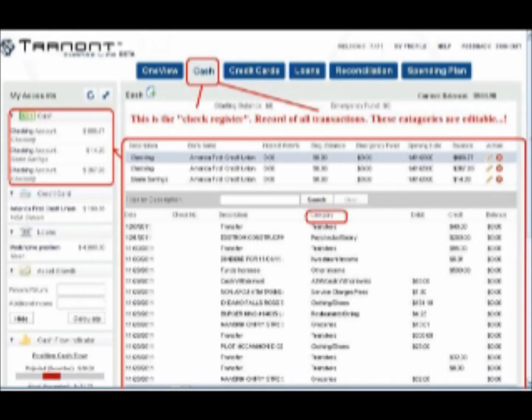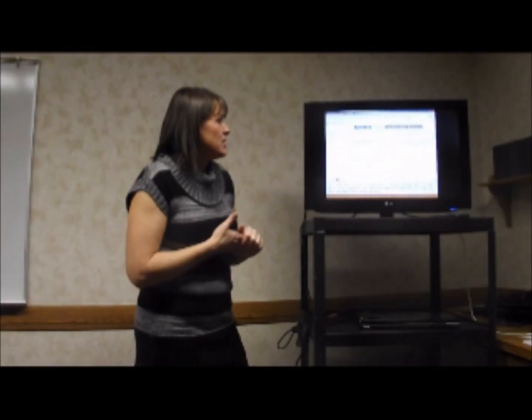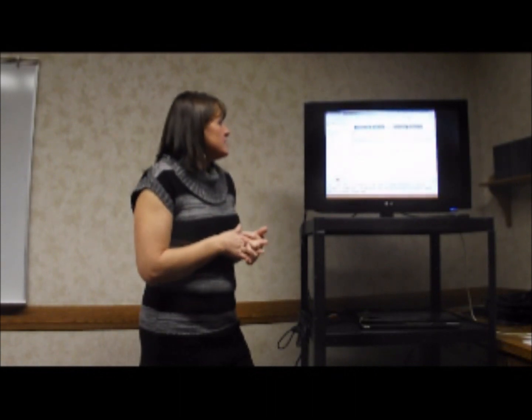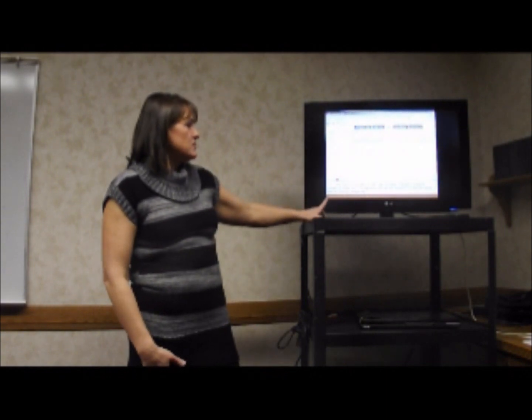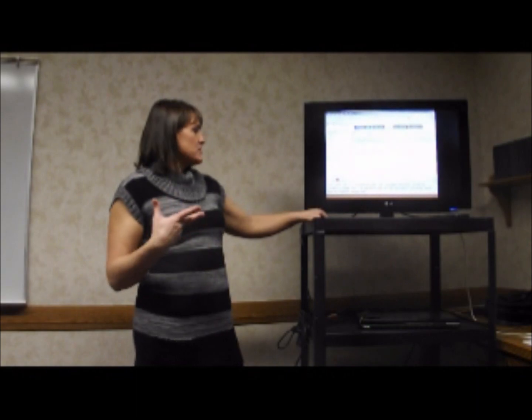And then the next one we go into is the tabs across the top. Of course, you can click on the different ones: your cash, your credit cards, your loans, reconciliation, your spending plans. You can go into the different categories. Then we've got the credit cards, which is kind of self-explanatory. It gives you a list of all the credit cards, your debt, your balance, the amount paid. And this one has all the loans listed there, and there are additional tabs for